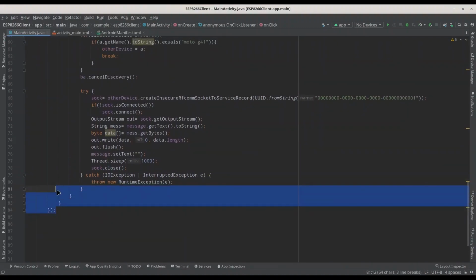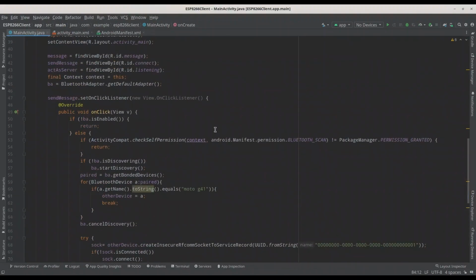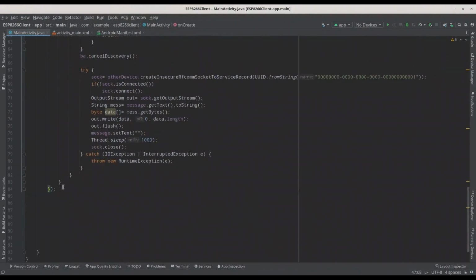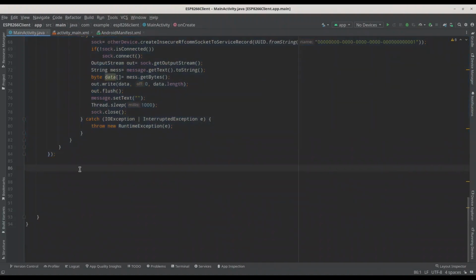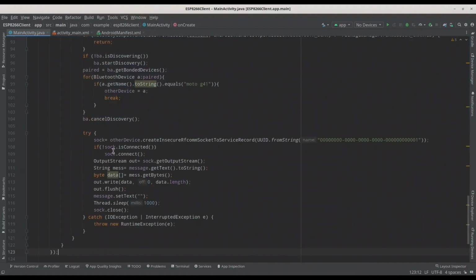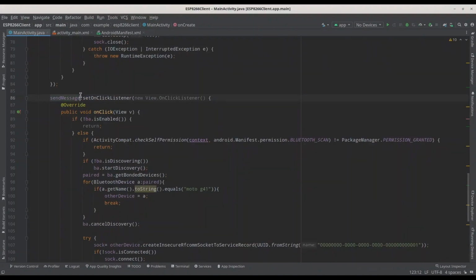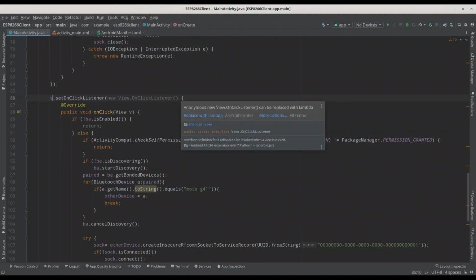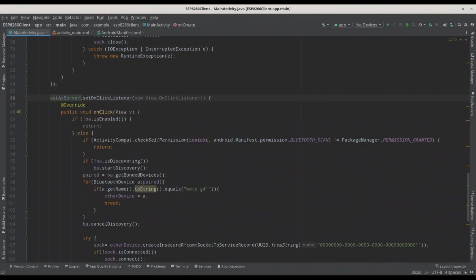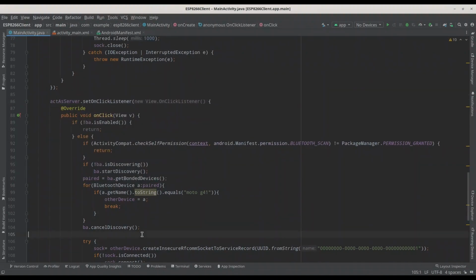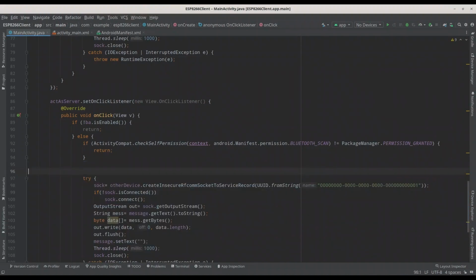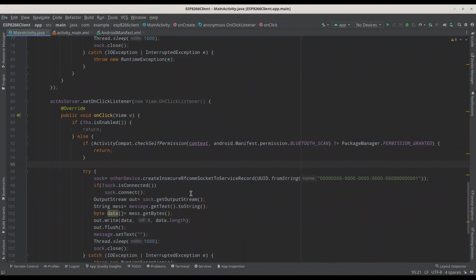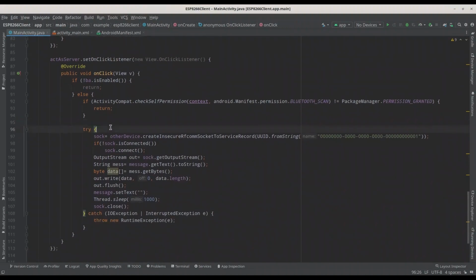Now I'm going to copy all of this. Let me see, where is the end? Oh, it's here. Copy, and we are going to do with on-click listener for another button, act as server. So now we are dealing with server side, and now we are going to remove this part because we don't need to list pair devices. And in here,